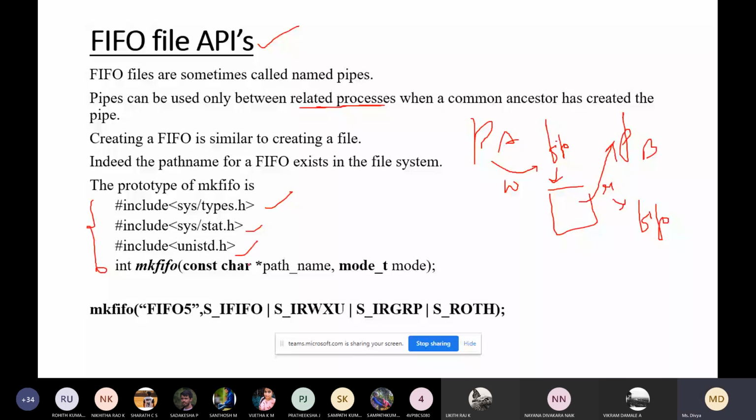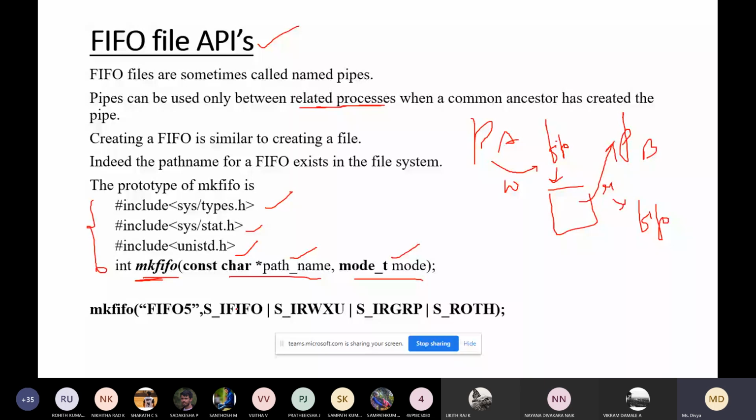Okay. And here there are two parameters. Similar to the previous one. The only thing is you have to remember the name of the command, a function. Here, your first parameter is the path name, or the name of the file which you want to create. Path name of the FIFO file to be created, and this is a permission. Similar to the previous one. What permission? For user, group, and others.